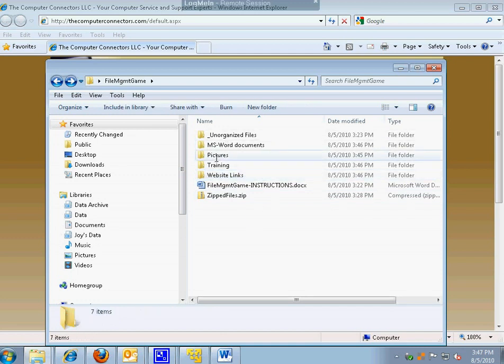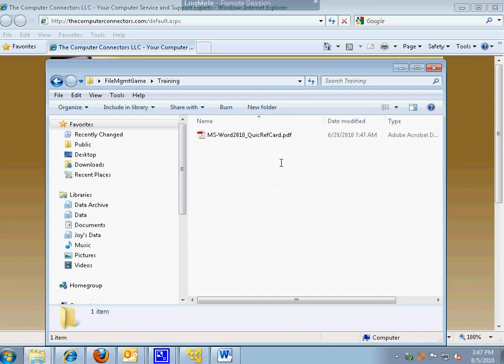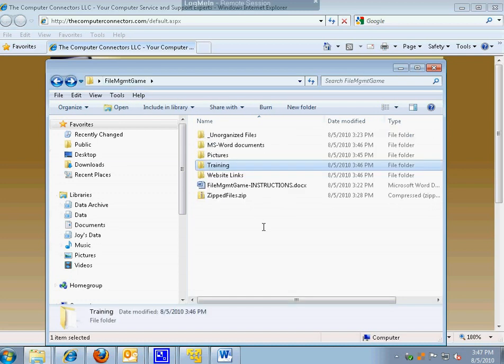In this particular one, file type is pictures or Word documents, or maybe by topic under training, which contains my quick reference card. So you can create any number of subfolders and organize them either by topic or by name or by file type. It's really up to you how you organize them, but this is one great way of